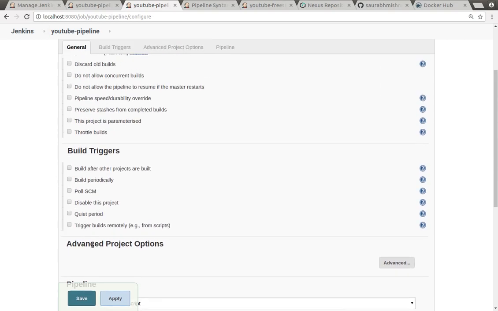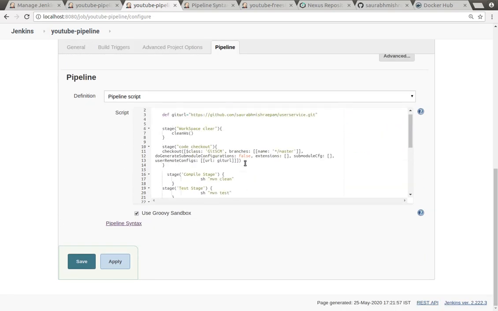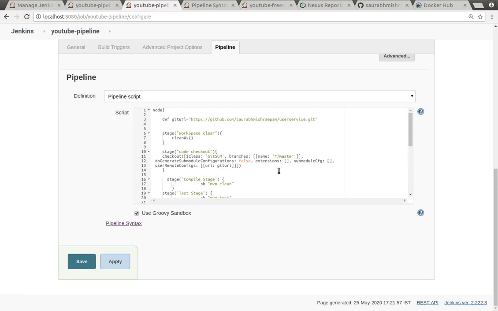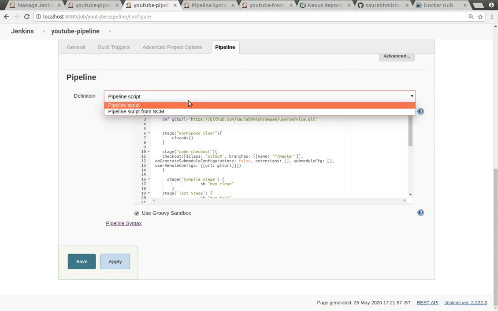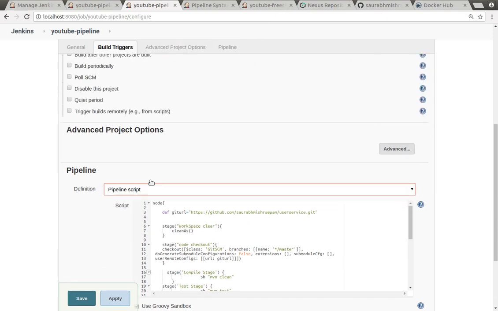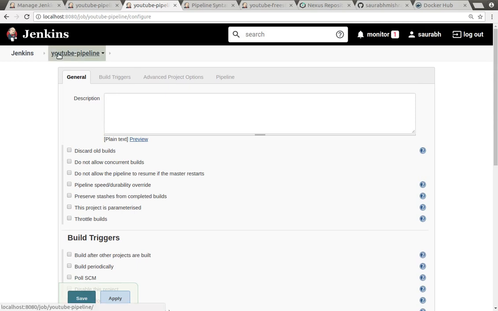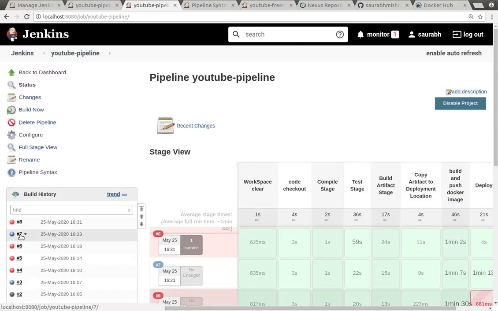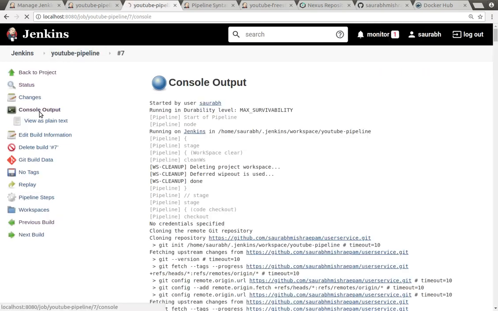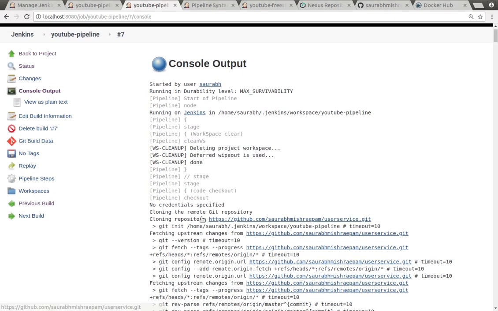After that, whatever code we have written as part of the Groovy script, we can port directly into the Jenkinsfile and give it by using source code management here. So this pipeline I have configured. Now, what is needed is just to build this application. If you see, everything is happening inside this one.